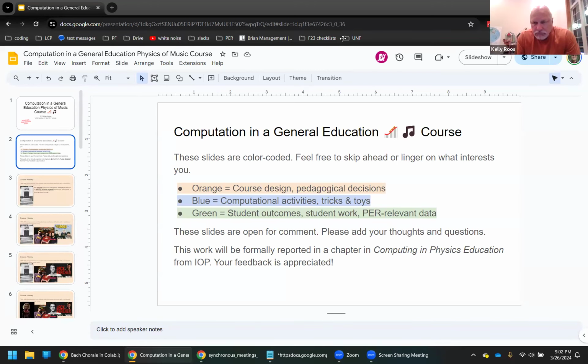From the computational things you did, is there anything you would change or do differently? One thing I would like to do a little more consistently: when I first designed the course, I designed those six lab activities and then said I'll have some daily activities, like quick investigations. I was pretty good at that for the first month of the course. I had a different PhET sim every day or a different smaller Jupyter notebook. But as the semester went on, as it usually does, I would say, oh, I don't have a smaller activity today. All right, we're going to have a quick discussion on temperament, and then it's off to the lab activity.